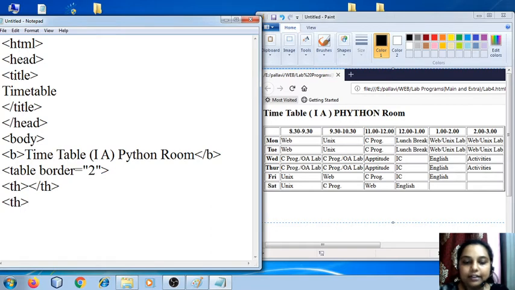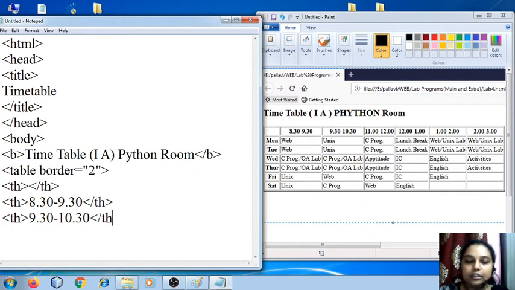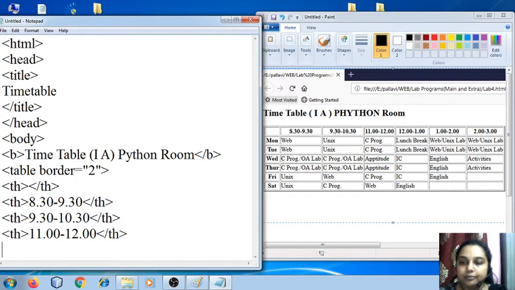The next table header is going to be 8:30 to 9:30. Close the table header. Next 9:30 to 10:30. Close the table header. 11 to 12. Table header 11 to 12. Close the table header.